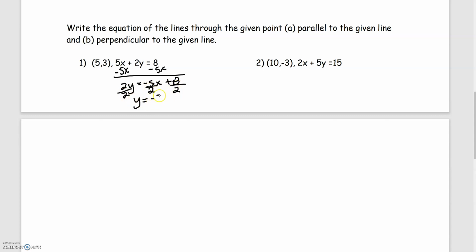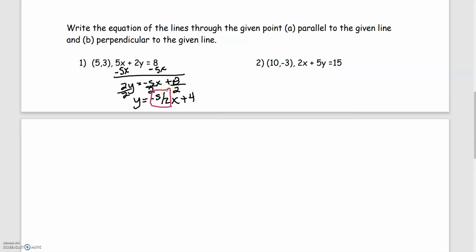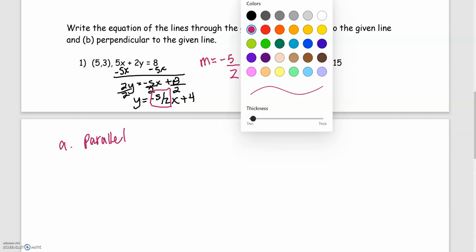And y is equal to negative 5/2 x plus 4. But really the 5/2 is what I want. There we go. So if my slope, my m, is negative 5/2, then I want to use that same slope. So for A, parallel, then I'm going to be using point slope form, the point they give me,